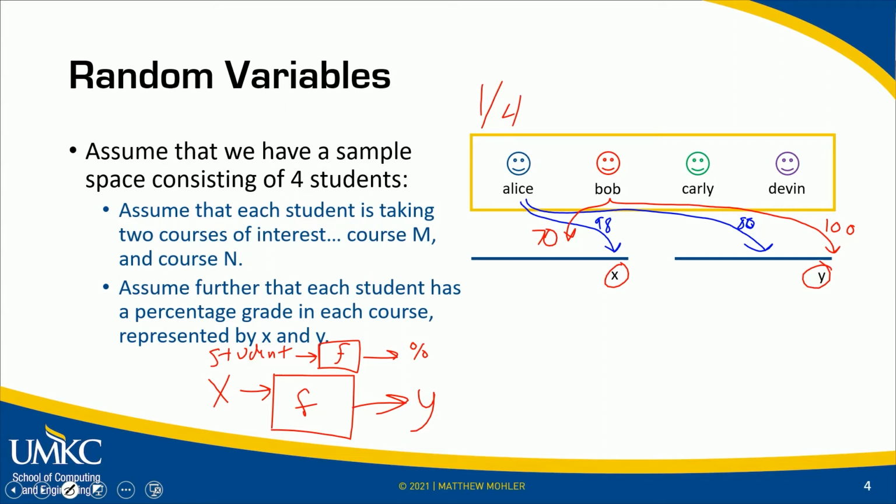And those values, specifically X and Y, represent the percentage of points, or the number of points, that they have in each of those respective courses. Now, let's take this a step further and say that I'm actually more interested in computing their average between those 2 courses. Well, we all know the function for average. It's just add the 2 numbers that we got for X and Y and divide by the number of samples,